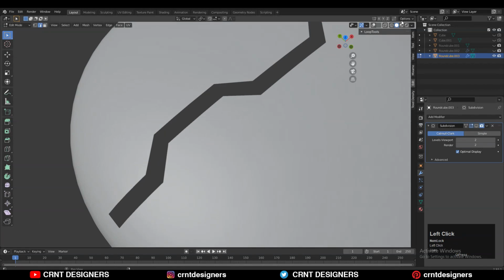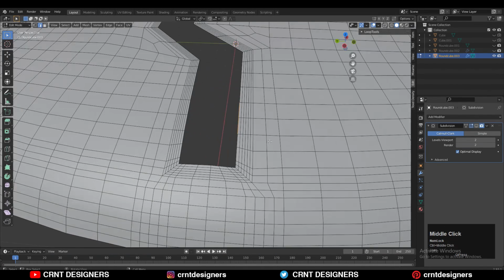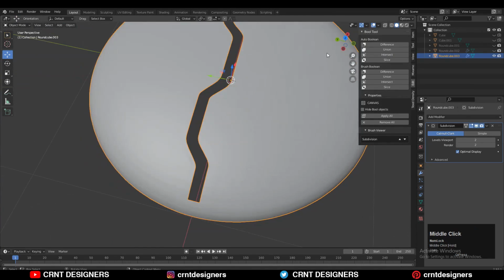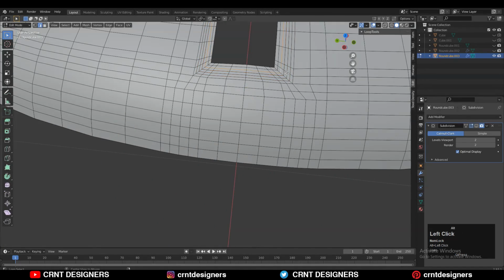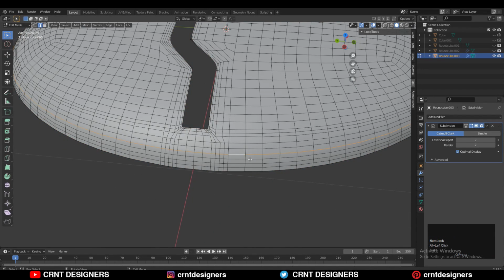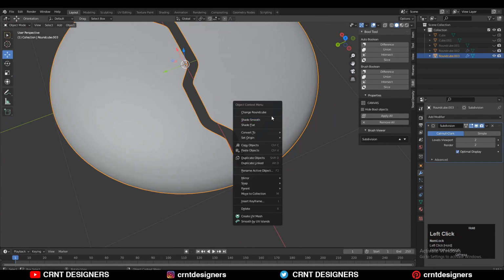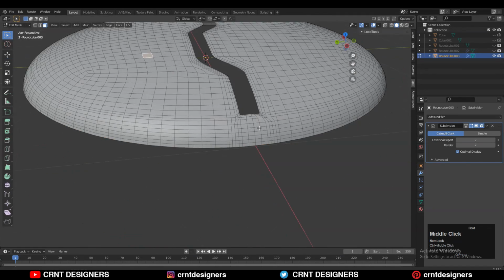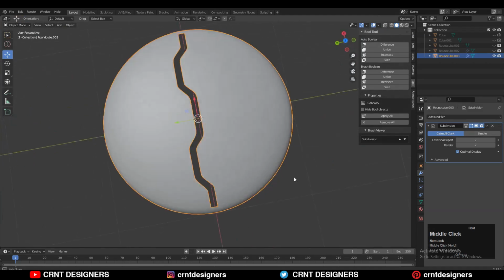So you can apply it like that. Means we just want more subdivisions there to maintain the form, to maintain that design. So that's why I have applied that subd modifier and then I have added another subd modifier. So you can see now the topology of the model is more dense, and that's why we are able